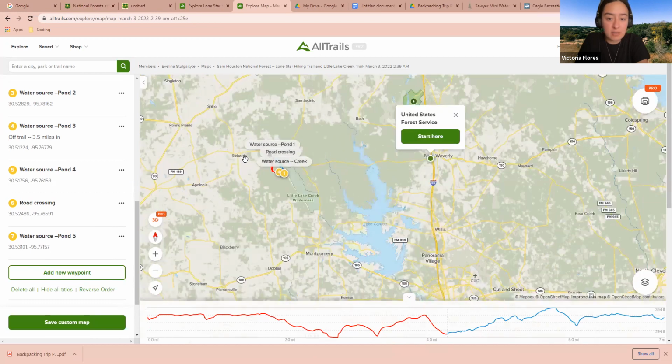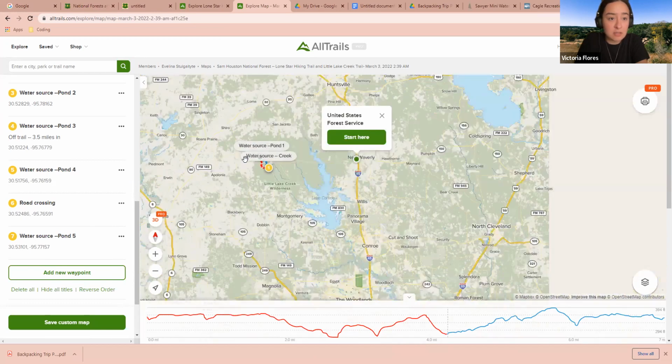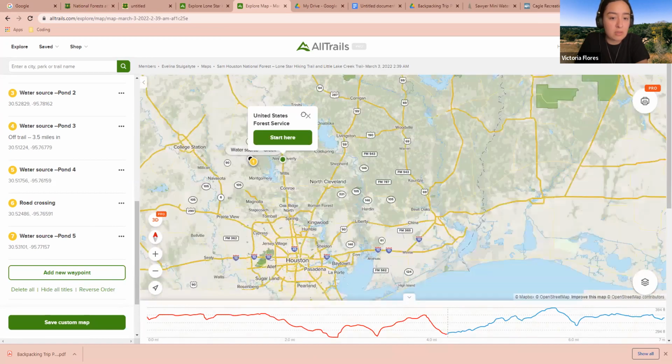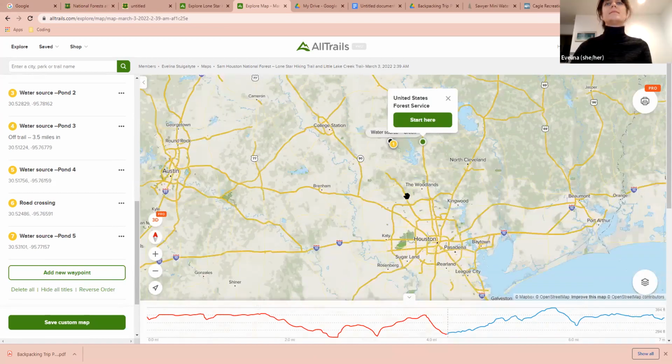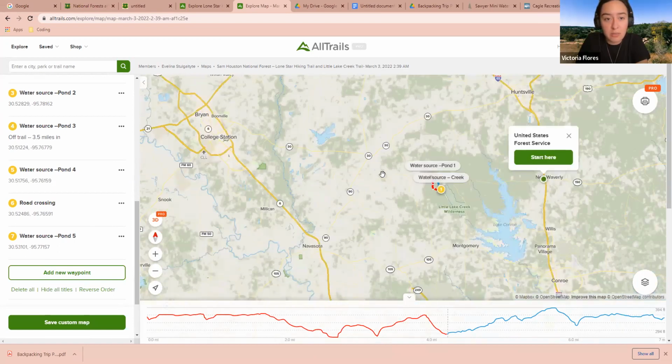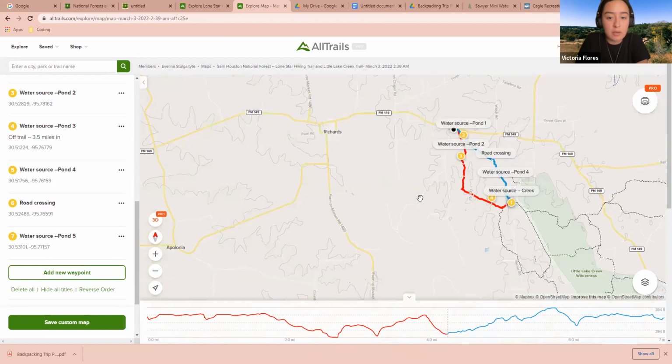Yeah, and I would say another good thing too is on Instagram or Facebook, you can also look up maybe a hashtag for this section as well, to see if people have posted about it, and you can also add some more stuff to your map based on that too. But yeah, so it's good.